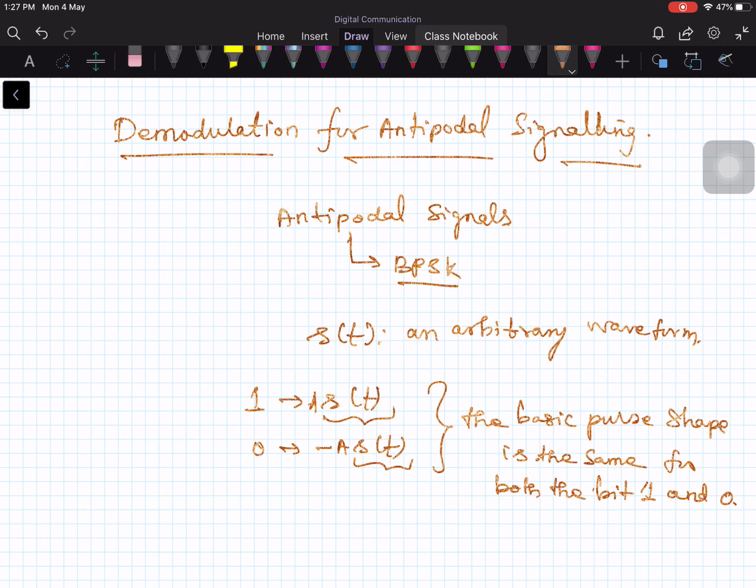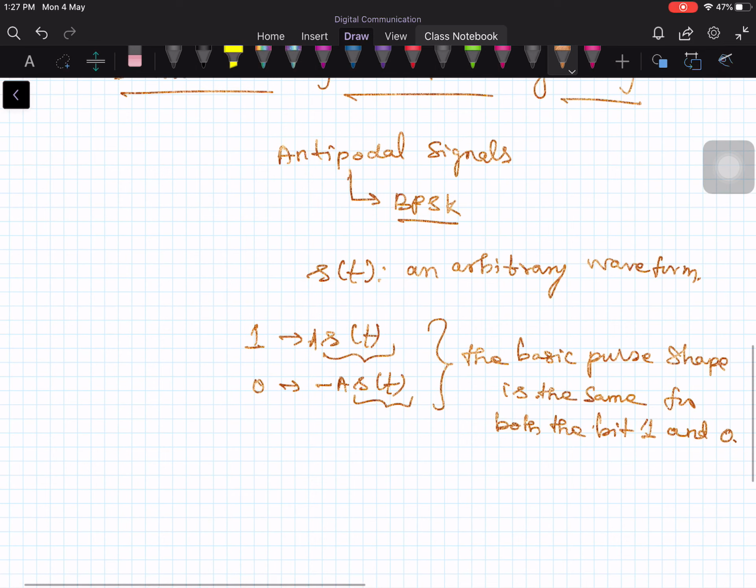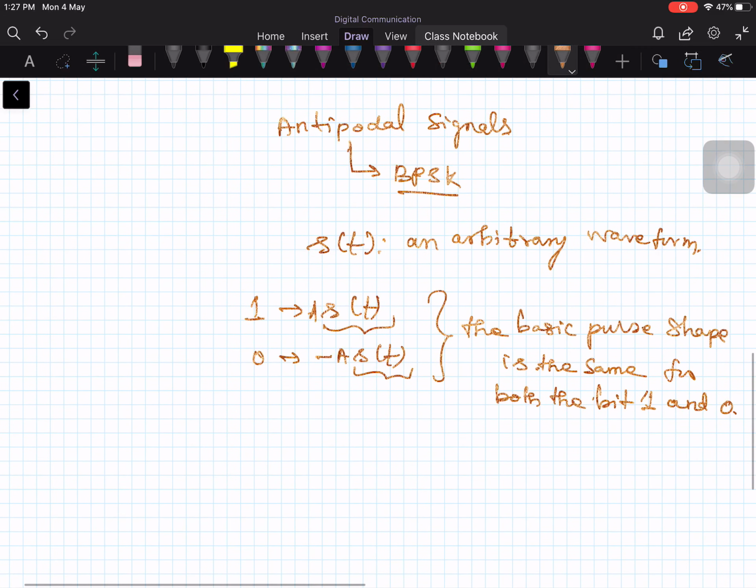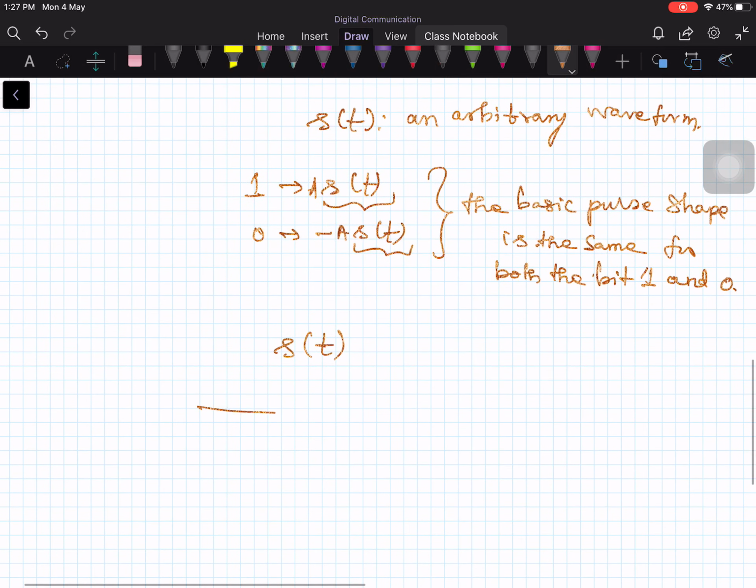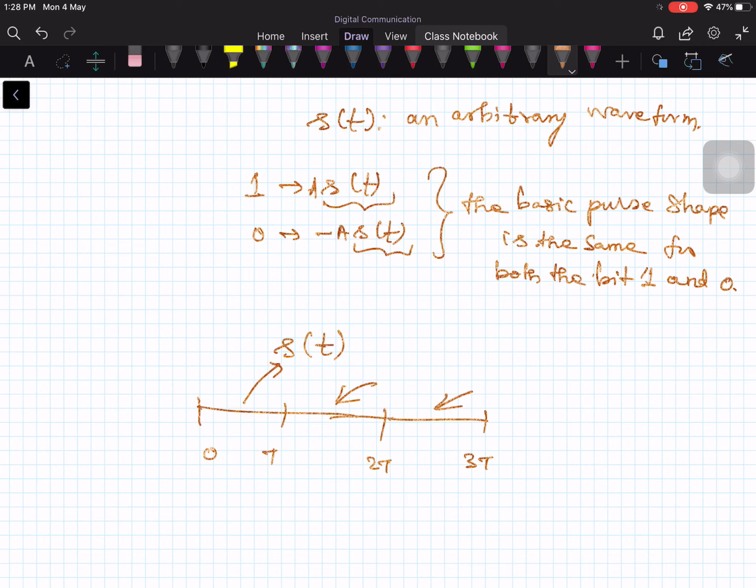Now if you recollect, you can represent a general binary signal, which was the pulse shape S of t, as a sequence of pulses, and this I already discussed. Let's say from 0 to T you transmit one pulse, and T to 2T you transmit another pulse, and 2T to 3T you transmit another pulse, and so on and so forth. So in this I'll transmit S of t minus LT, and here I'll transmit S of t minus 2LT, and so on. Okay, so therefore you'll get shifted pulses.